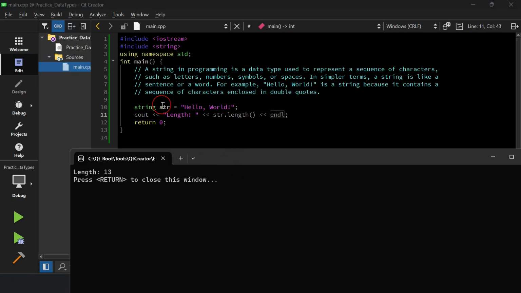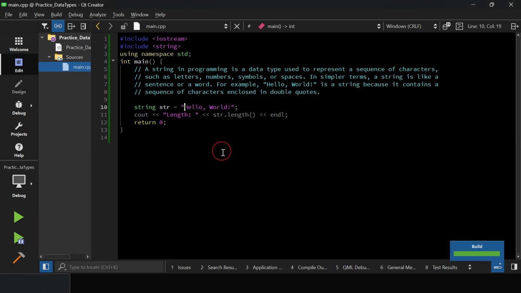So it is saying that the length is 13, but how? So this is 1, 2, 3, 4, 5, 6, 7, 8, 9, 10, 11, 12, and then 13. So as you see here, everything between this double quote is counted. Even the space here is counted, even the comma here is counted, even the mark here is counted. So everything that is between these two double quotes is going to be counted as the length